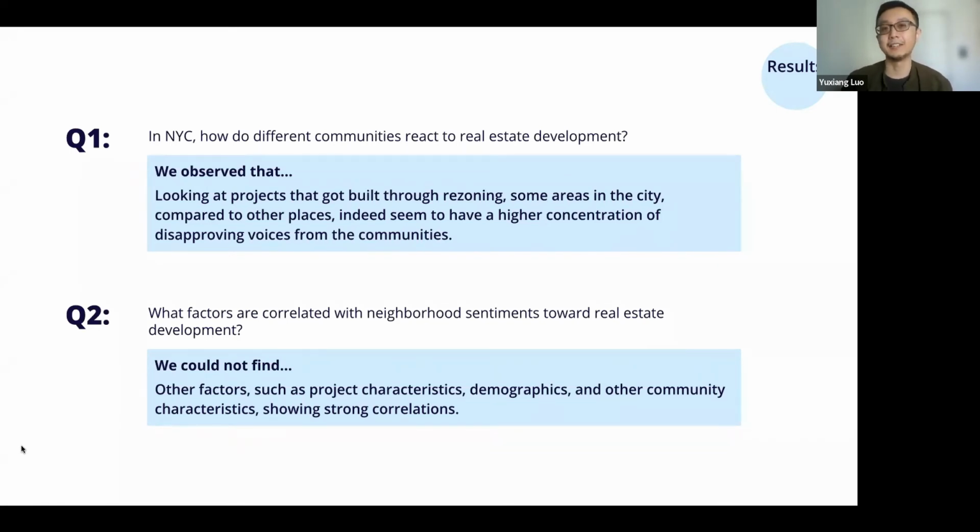So this one, yes, and besides location, the other indicators are not showing the strongest result. But no result can mean something as well. It probably means that for the projects that got built through ULERP, some communities are more likely to have initial non-support, regardless of the characteristics of the project and the demographic. Or maybe the characteristics of the project, in fact, determines whether or not the proposal will get the final approval by city planning and the city council, and whether or not the community board disapproval will be ignored depends on